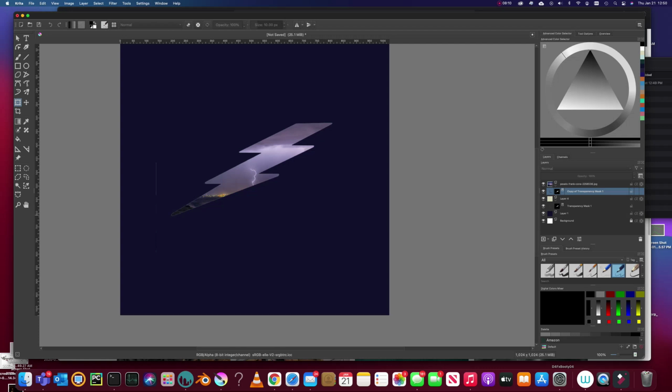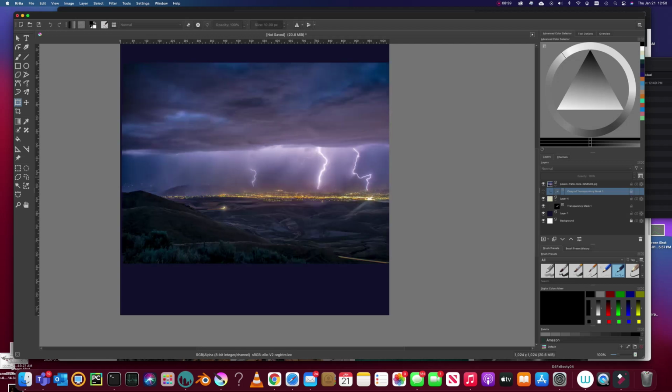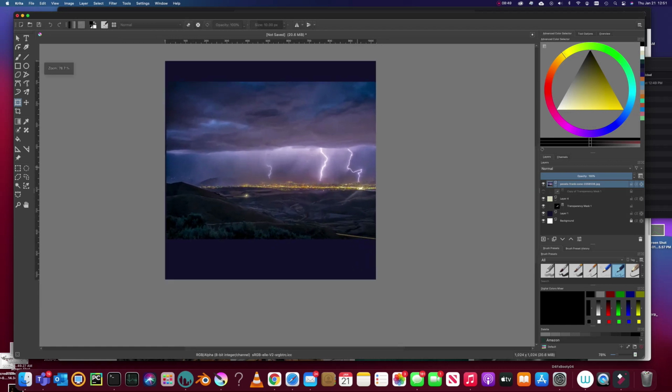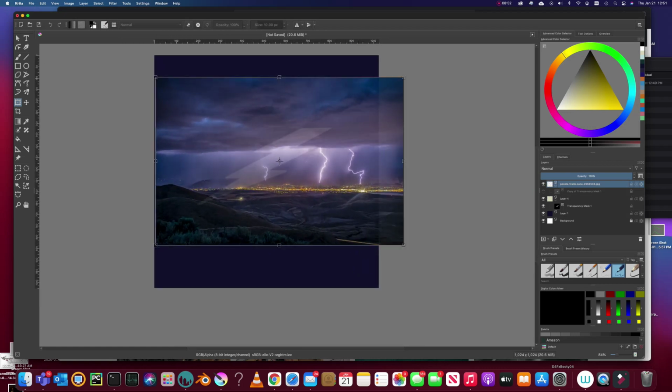Very cool. Now what I'd like to do is adjust the background image. I want to keep the transparency mask the same, but I want to adjust the background image so I see more of the lightning bolts in the shape. And in order to do that, this is a little bit maybe counterintuitive. I need to lock the transparency mask, and I need to turn it off, right? And then if I hit Control and then click, make sure I'm clicking on the one I want to transform, it's this one. Now if I hit Control T and click on it,